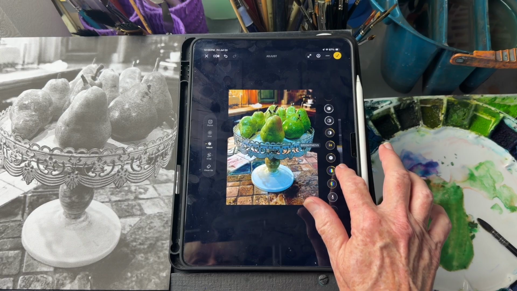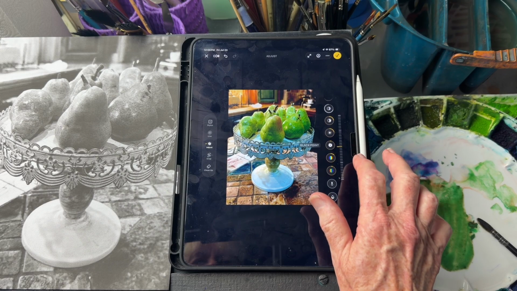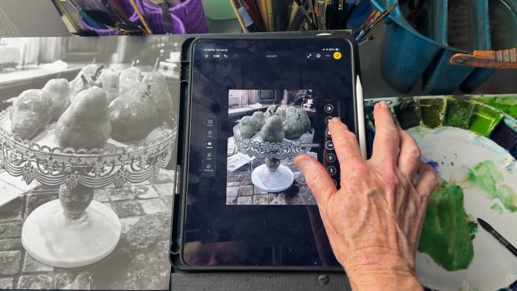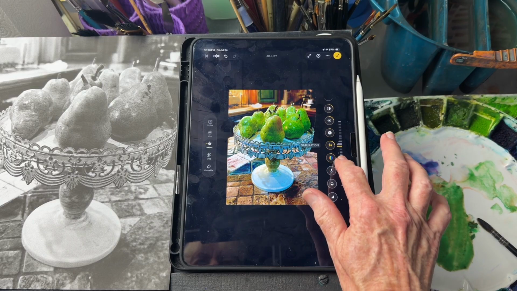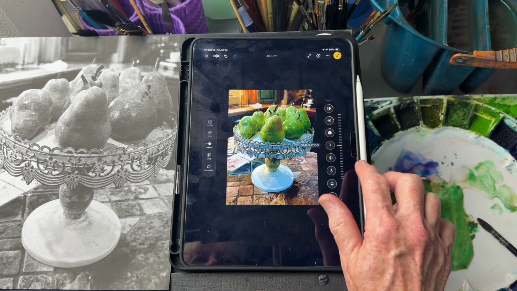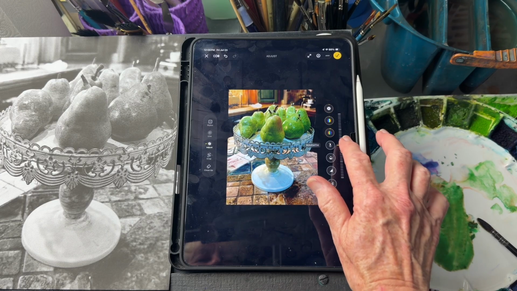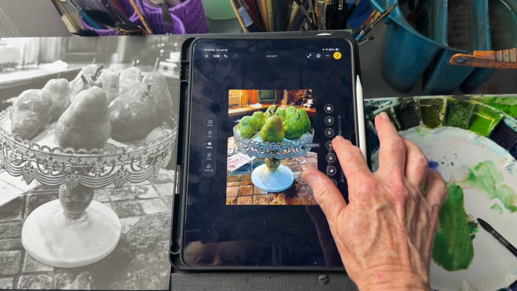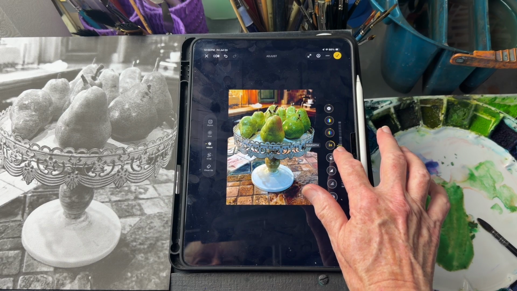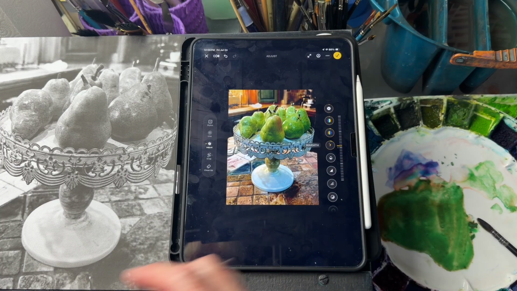Brightness, you can change that. This is black point. I don't usually use that. This is saturation. So this, you have to be careful with because you can overly saturate these things. But this is tint. So this is going to make it warmer or cooler. And so if I want the pears to be more on the yellow side, then I would set that about